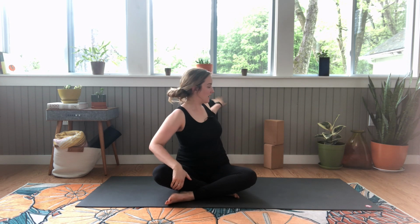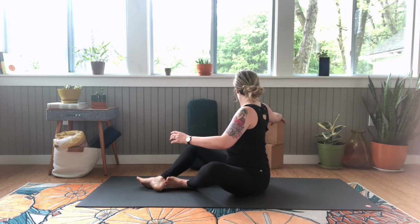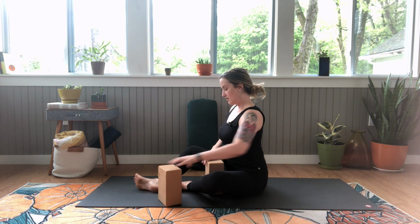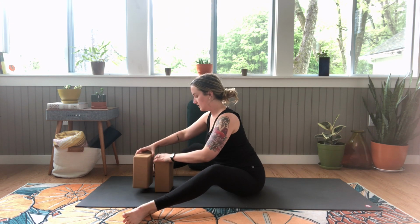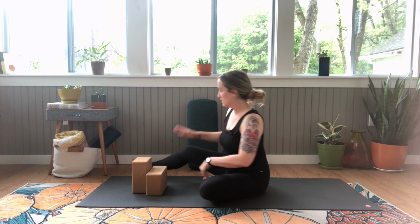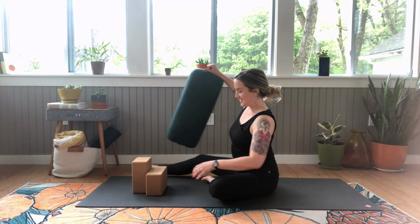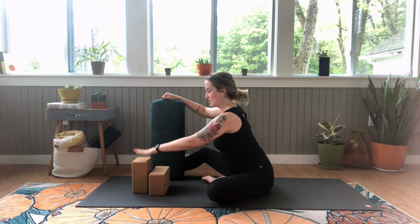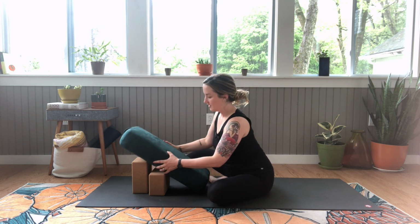Now we will move into our restorative portion of class. So you will need your bolster and blocks to come into our first position here. It's going to be a supported straddle. So we're going to set up our blocks in a way that our bolster can rest on top, so you can readjust. I like to put one the short way or the medium way and one the tall way,